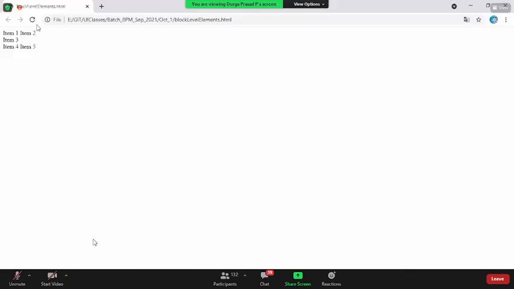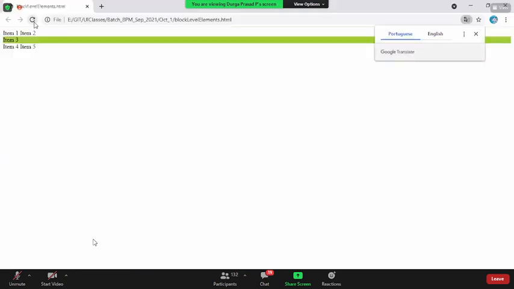Now, if you come back and reload the page, tell me how much percentage of width it is occupying. 100%. Is it not automatically occupying the 100% width of the page?